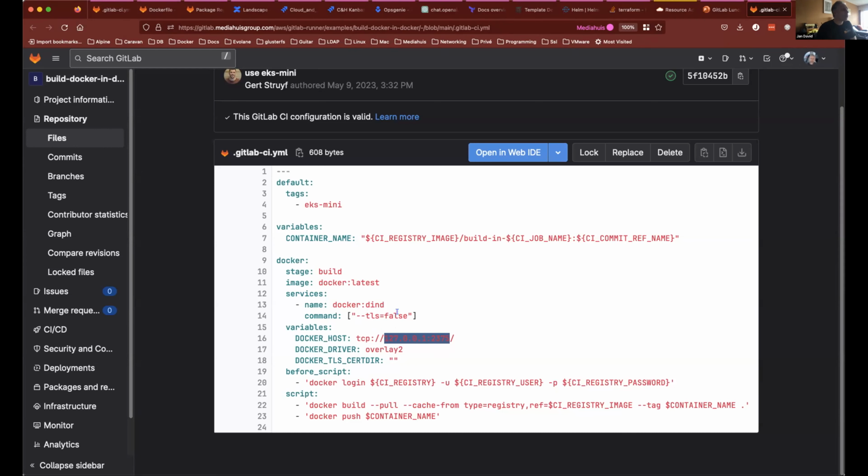But basically, that's the way you can do a Docker build. You log in, you do a Docker build, and it will contact the service that you defined, and then Docker can build your image for you. Okay. Now